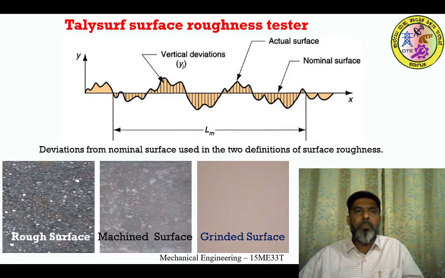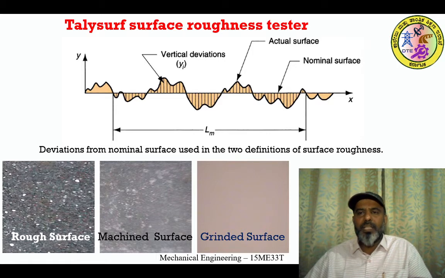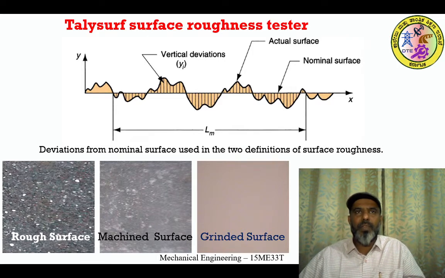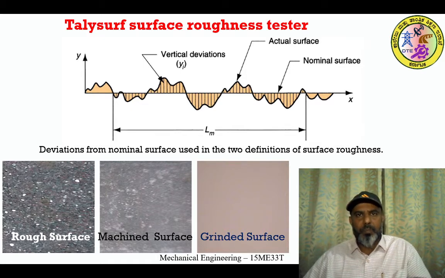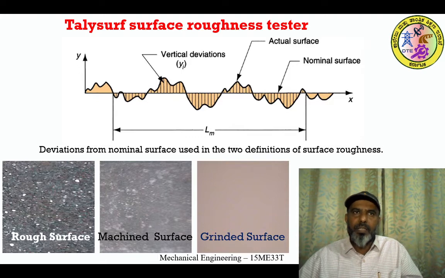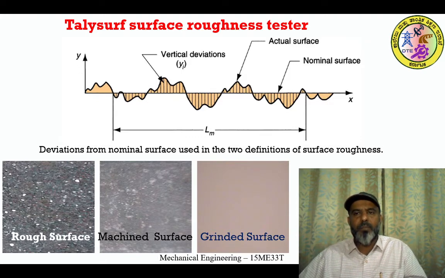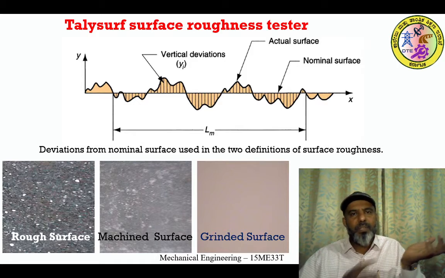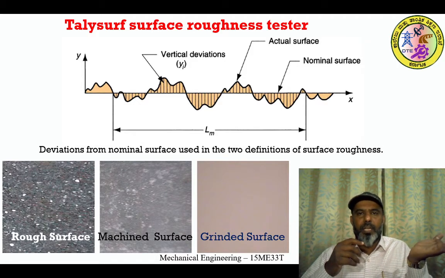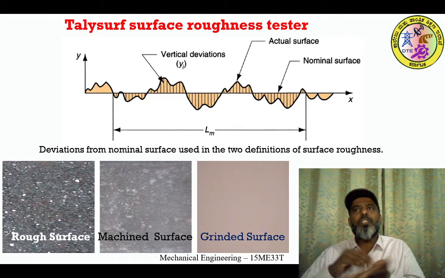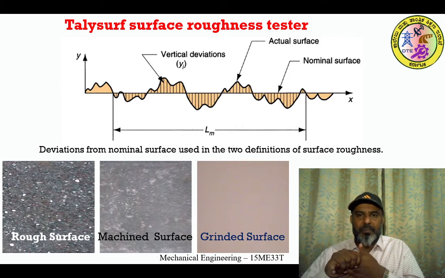When the component which is machined or turned, you once again feel the surface, the cavities or the debris have been reduced. Further, in the next stage of production, we go for grinding, and in grinding, the surface from the previous machining or turning operation becomes still smoother. It means the debris and cavities are decreased.